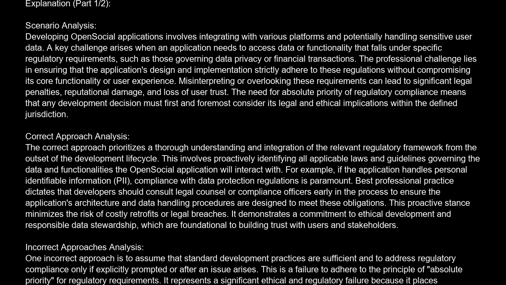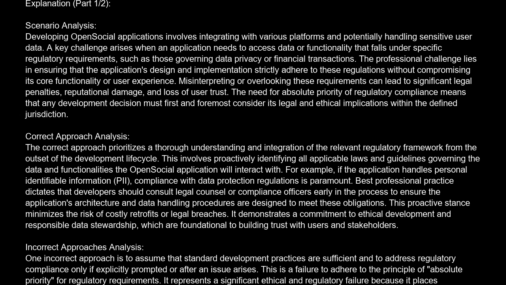Correct approach analysis. The correct approach prioritizes a thorough understanding and integration of the relevant regulatory framework from the outset of the development lifecycle. This involves proactively identifying all applicable laws and guidelines governing the data and functionalities the OpenSocial application will interact with. For example, if the application handles personal identifiable information, PII, compliance with data protection regulations is